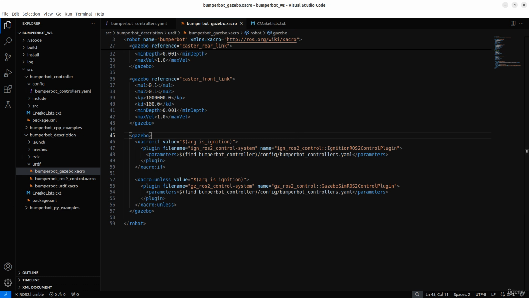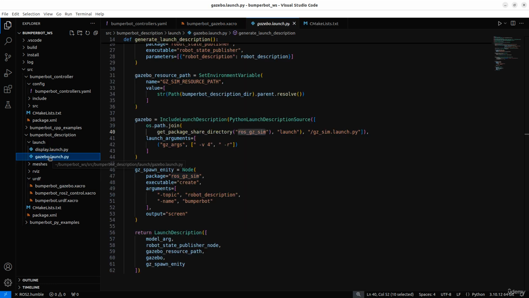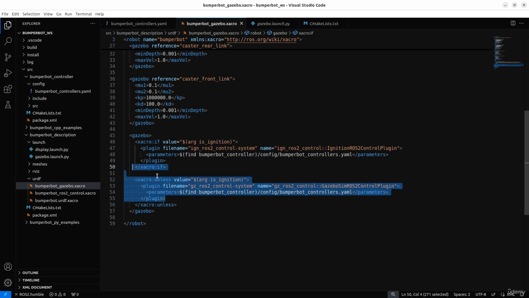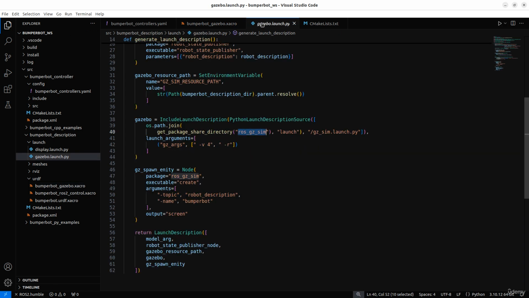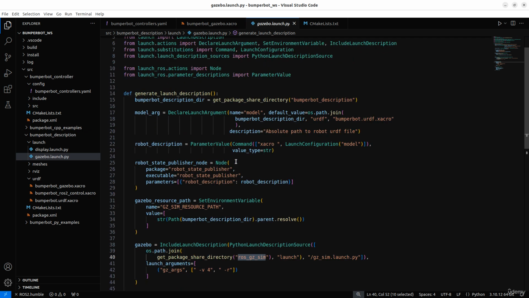And finally, we need one last change. This time we need to change in the launch folder the gazebo.launch.py file. And actually the change that you are going to need is in order to set this argument here. So it is in order to set the isIgnition parameter in order to load the proper ros2 control version, so the proper plugin. In order to do so, if we open this launch file here,